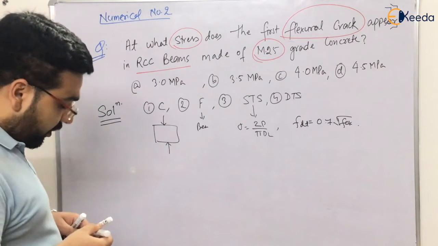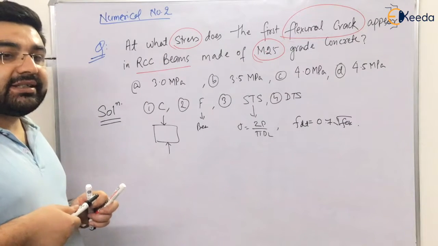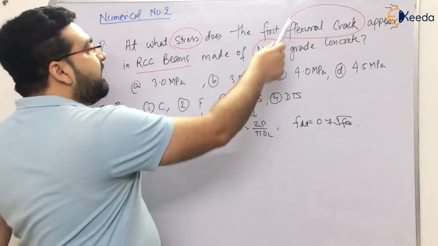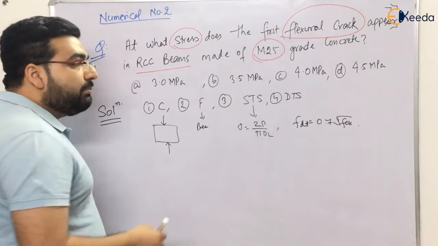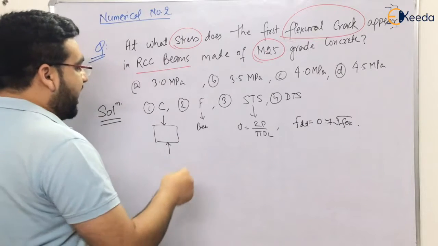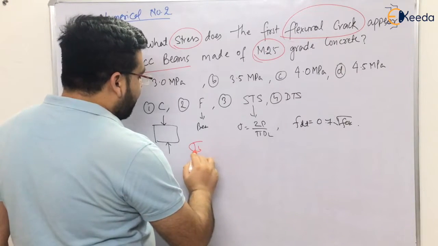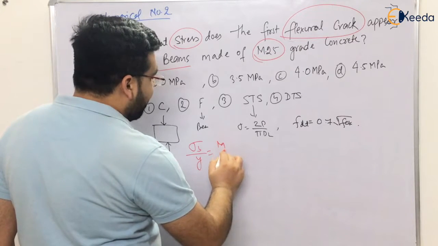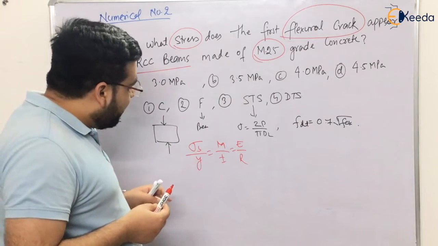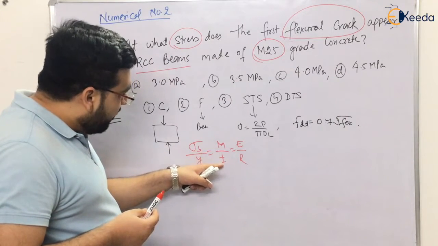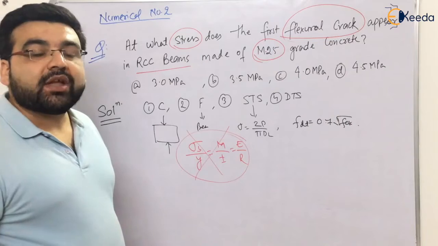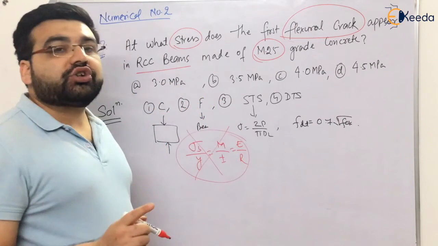Now, in this question, a lot of students can make a lot of mistakes. The first mistake is whenever they see flexural crack, they will try to apply the beam formula, because I have told you that the flexural strength can be determined with the help of the beam formula, that is sigma bending divided by y is equal to M by I is equal to E by R. But here, you cannot determine M. There is no I given, no y given. Obviously, this formula cannot be applied. First reason. The second reason is, read the question very carefully.